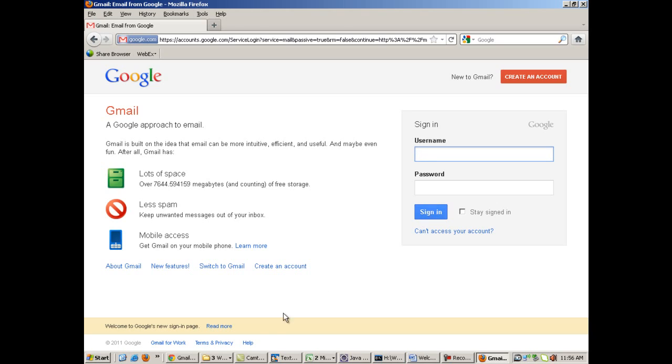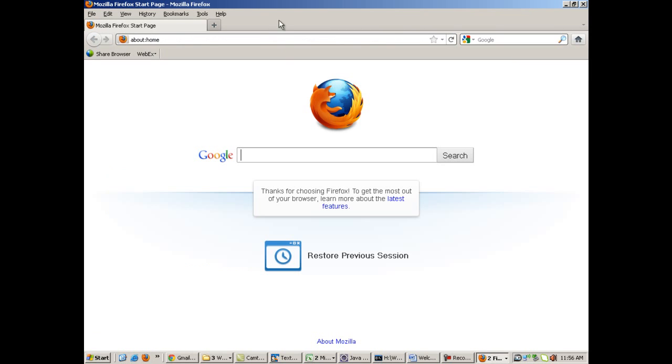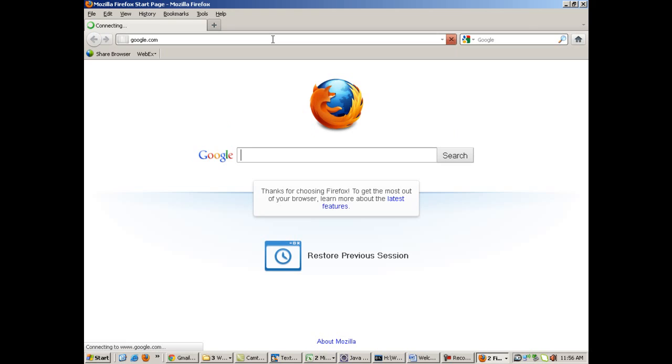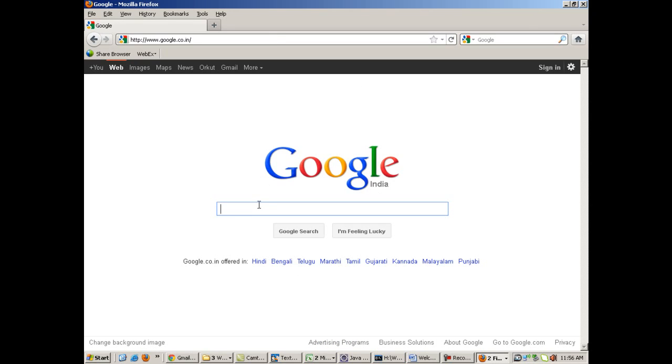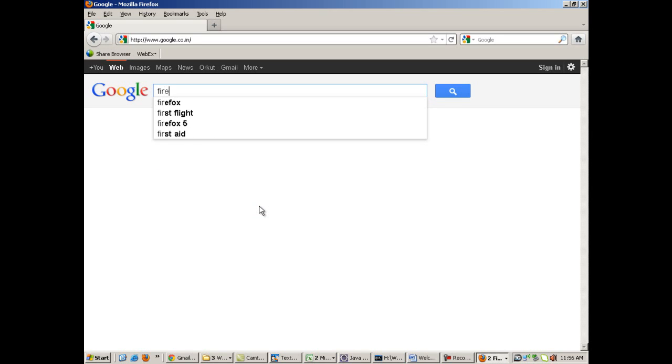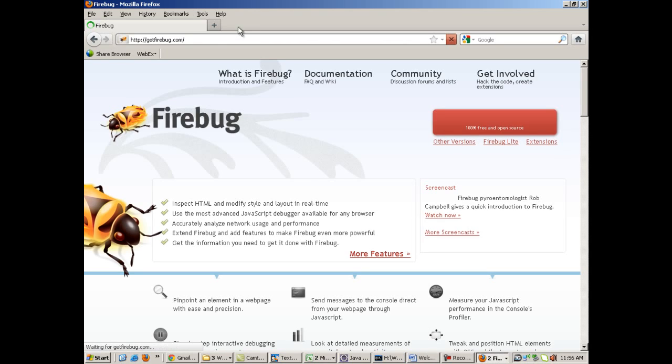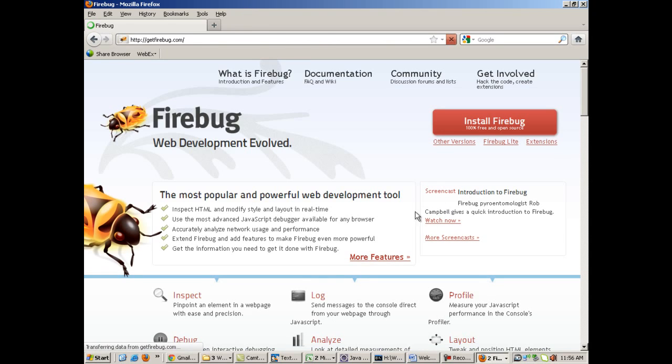Before that, you need to download an add-on into your Mozilla known as Firebug. With the help of that, you can determine the XPath or the address of every element. So you go to Google and type Firebug. Go to getfirebug.com, the first search result, and Firebug only installs in Mozilla. So make sure that you are doing it in Mozilla. It installs as an add-on in Mozilla. Click on install Firebug,